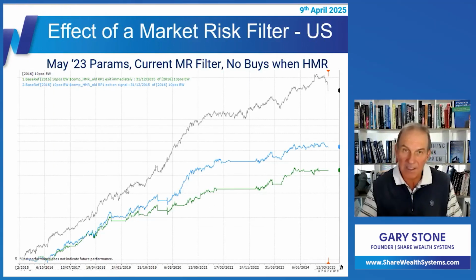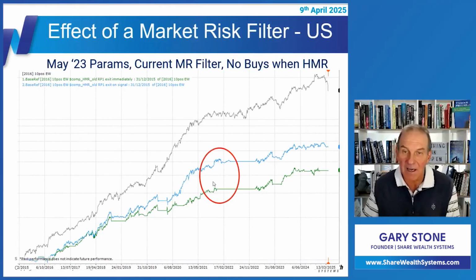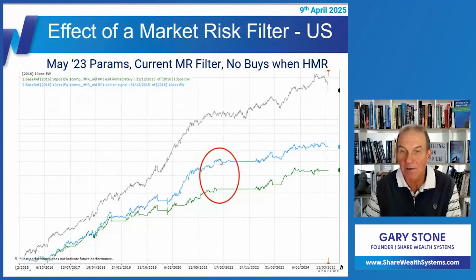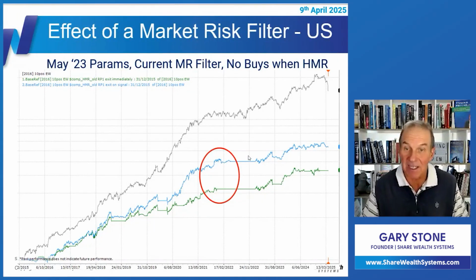We use the NASDAQ composite here, not the S&P 500. We could show you all those, but we just don't want to confuse the matter. Right, so what you can see here, with the exit on signal, there was a high market risk signal around about here on the green one because we exited immediately. But you can see that the equity curve continued to move here, meaning that the currently open trades at the time stayed open until they gave an exit signal.